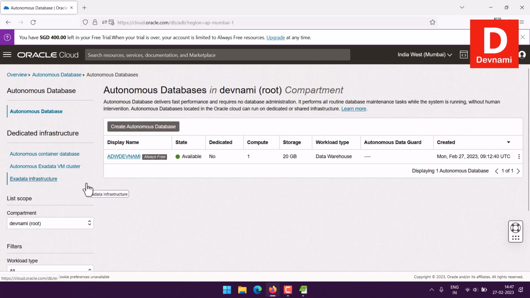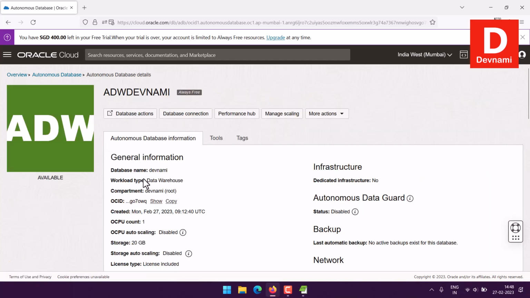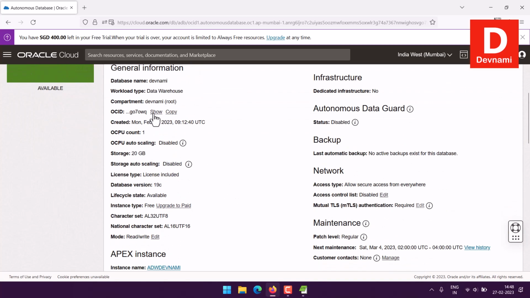So that is possible when you have a lot of databases to handle, and also you would be using tags if you want to filter a particular set of instances based on their use case. So, like, a finance-based autonomous database warehouse would be separate from sales and marketing, right? Like this you can sort them out. If you want to go to a particular database warehouse, you can simply click on the display name and go there, right? Then you have your OCID which you can copy,